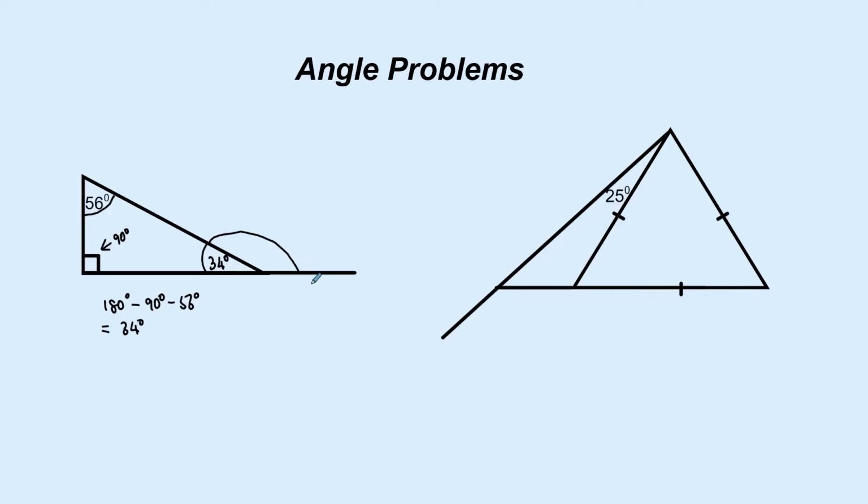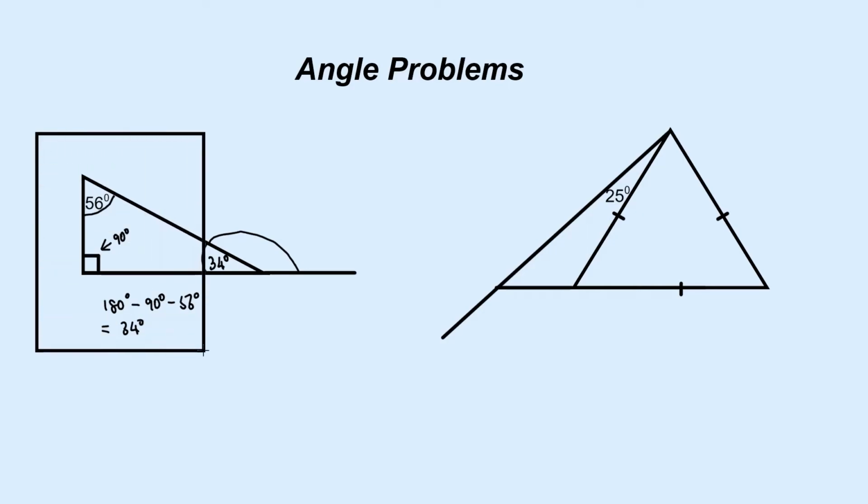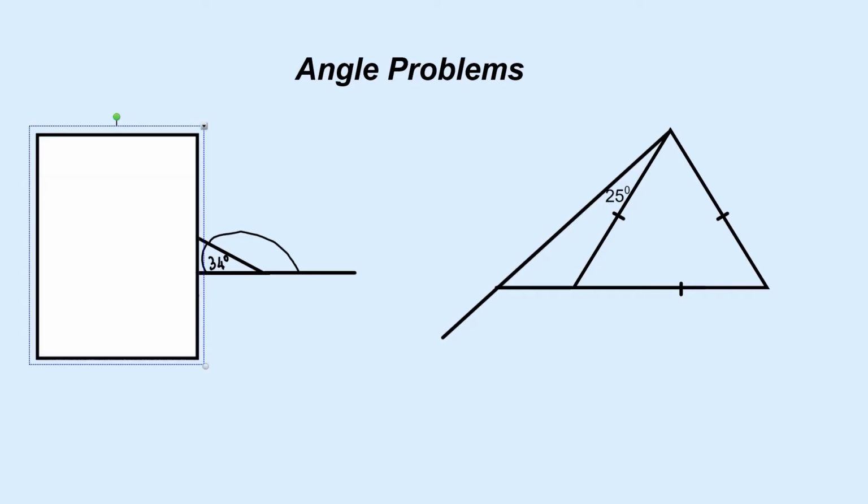Now, if we just ignore the rest of the diagram, what I'll do is bring in a little box, and if we just ignore what we've got there, let's say we just blank that out. Now, this is just a straight line angle. We've got a straight line along the bottom, and it's just been split into two corners, this one and this one. So all we have to do is 180 take away 34, and that'll tell us what this angle